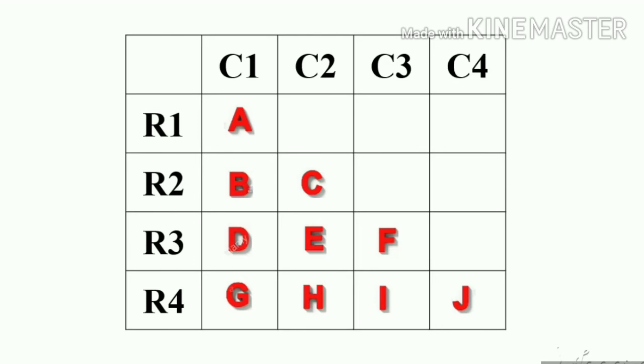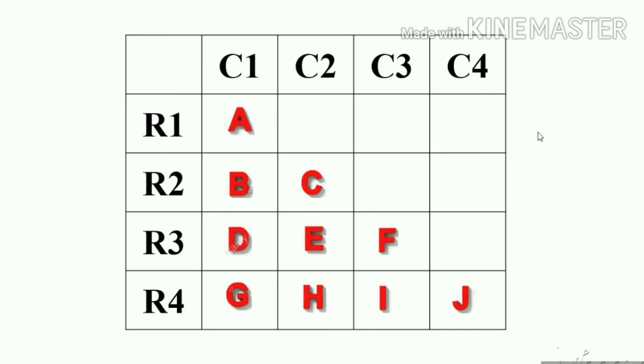In the same way we have to print the alphabetical order also. Here in the first line we have to print A, in the second line B, C, in the third line D, E, F, and in the fourth line G, H, I, J. So divide this into rows and columns. Here there is row 1, row 2, row 3 and row 4, so altogether we have 4 rows, and column 1, column 2, column 3 and column 4 for printing. So row 4 and column 4. Row is for counting the number of lines, and column is for printing in that particular line.